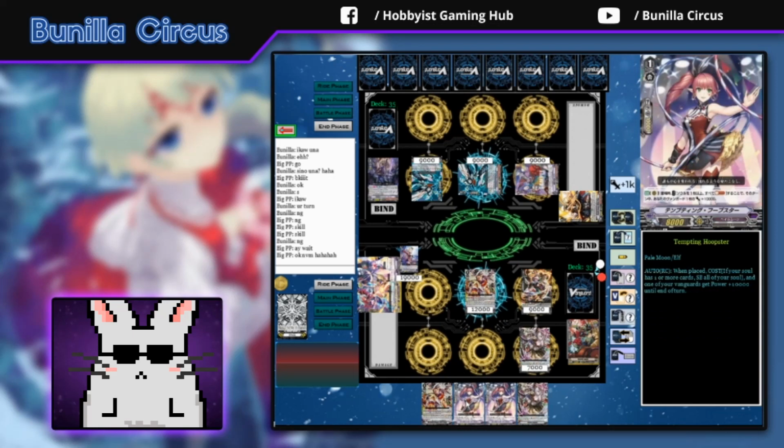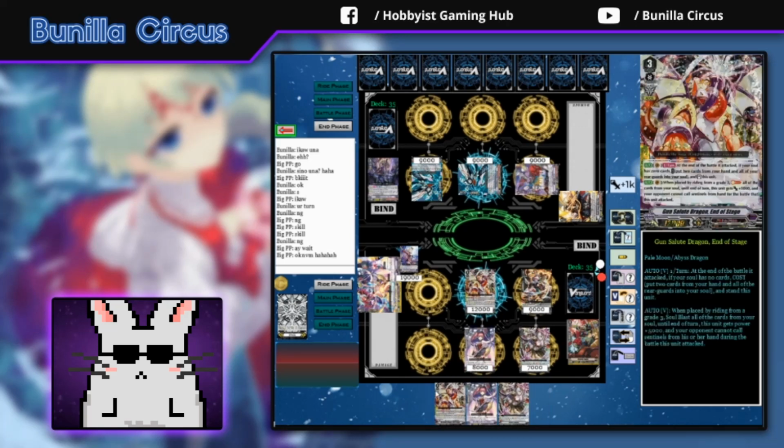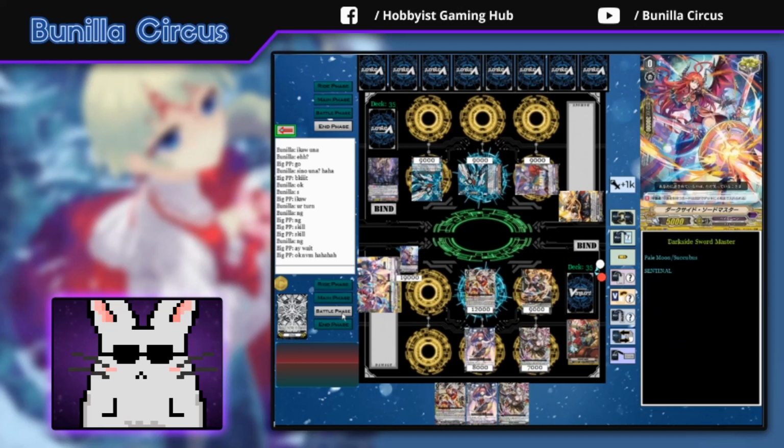I actually took a little bit of time here thinking on what to do, because I was scaling the worth of whether using Tempting Hoopster or just swinging with a big attack with Fesbright Escaper. So I think I just decided to call down another copy of Tempting Hoopster, but will not use her skill. I could have used it, but